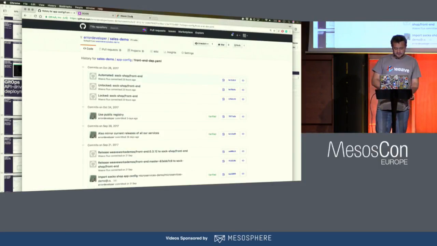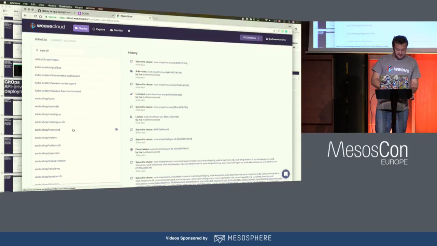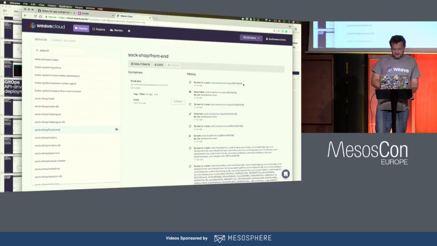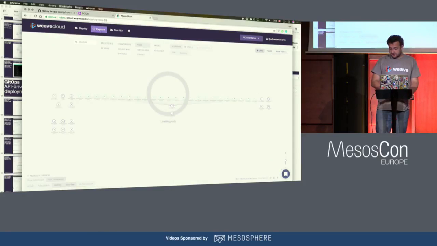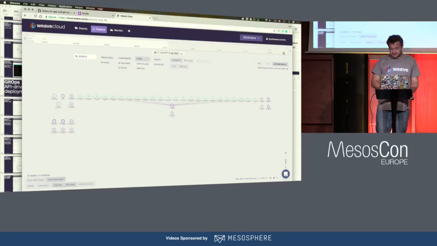So going back to Weave Cloud, you can take a look at this front-end service, for example, and you can see all the events that relate to the front-end service more specifically, right? And now I'll show you the time travel feature. If I go back to live mode, or actually I can go straight back to time travel. So there are 3 main modes: live, pause, and time travel.